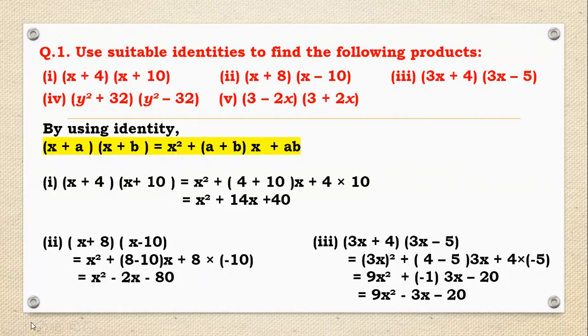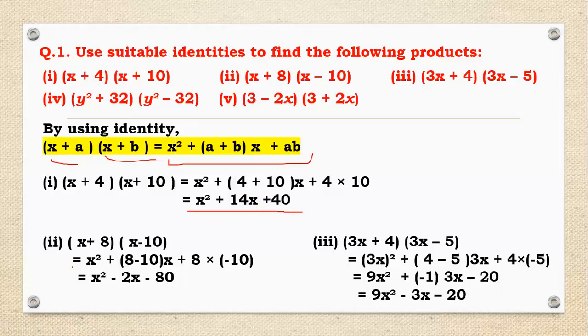Here we have to simplify all the given parts. So how to simplify it? Using the identity (x + a)(x + b) is equal to x square plus (a + b)x plus ab, and you can see here all the answers we have done as per the RHS side of this identity. You can see here the first term is x square, then (a + b) into x, plus ab. So here we have the first term x and x, then the value of a is 4 and the value of b is 10. So according to the identity, we have set all the terms and we have solved it, and we have got the solution x square plus 14x plus 40.